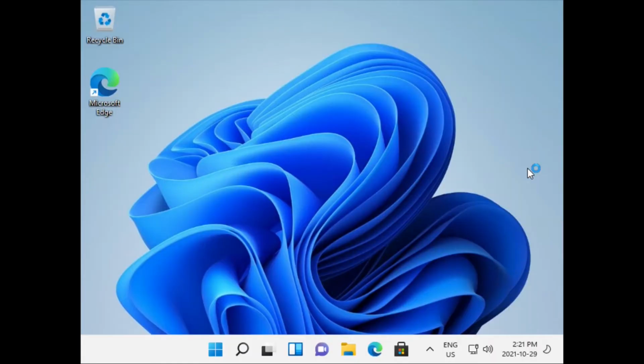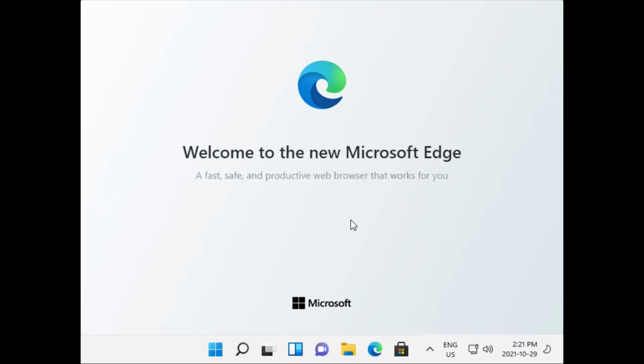Alrighty, so now we're at our Windows 11 desktop, and before we dive any further into this, the very first thing I gotta do is go get my VM drivers installed so that way we can get this scaled properly, and it'll run at least a little bit smoother. And of course, Microsoft Edge has got to do its own rigmarole. Anyway, let's